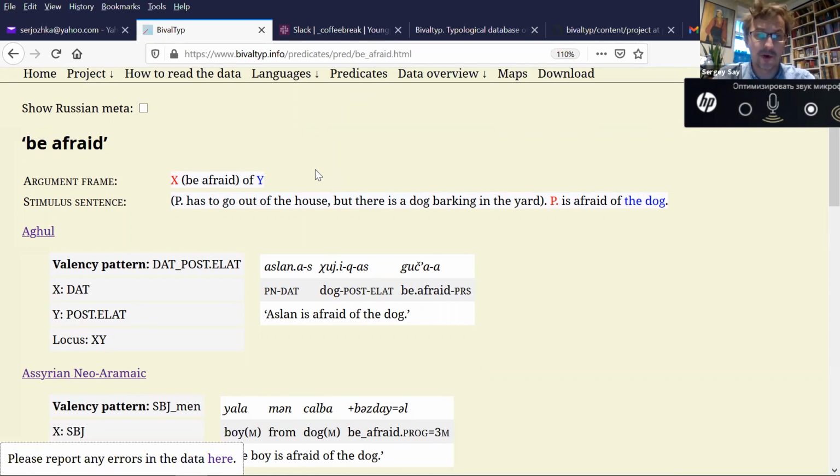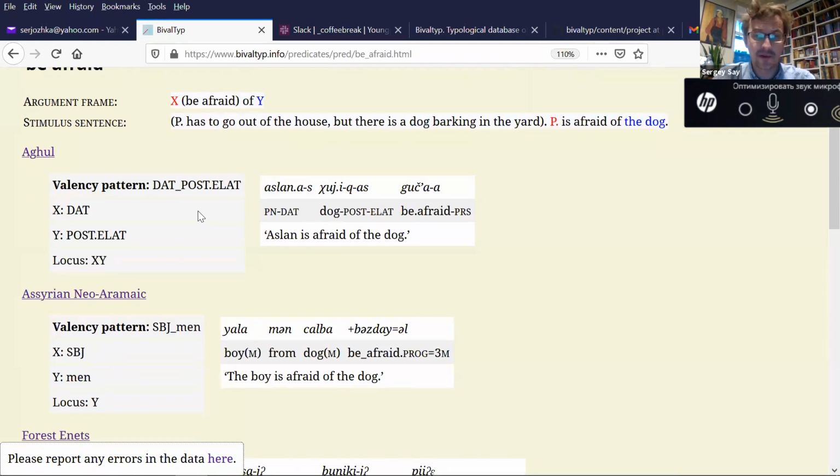So, for example, for be afraid of, we can see that in Agul the experiencer is encoded by the dative case, whereas the thing feared, or the stimulus, is encoded by the post-elative case. So very literally, 'to Aslan is afraid of the dog' is something like 'to Aslan is afraid from behind the dog'. But we can also explore other argument encoding devices for other languages, and they are summarized